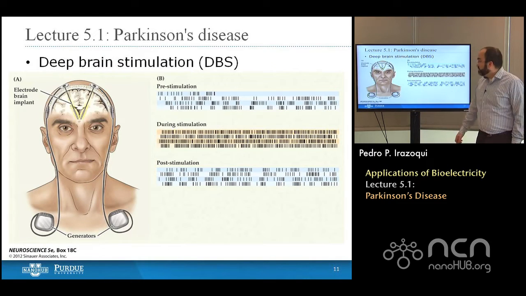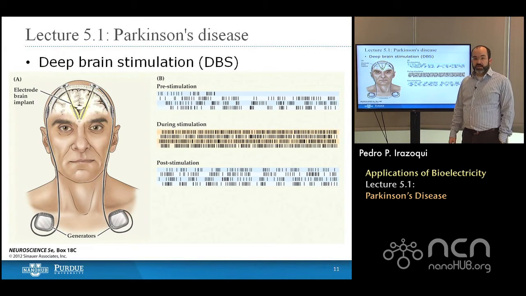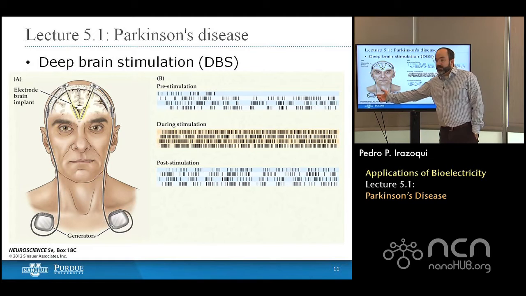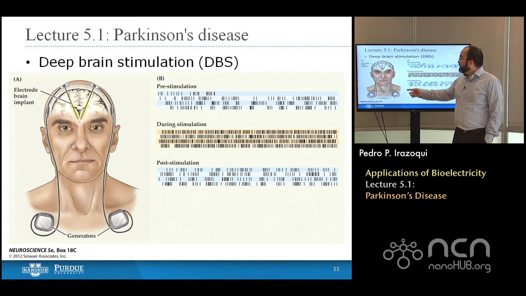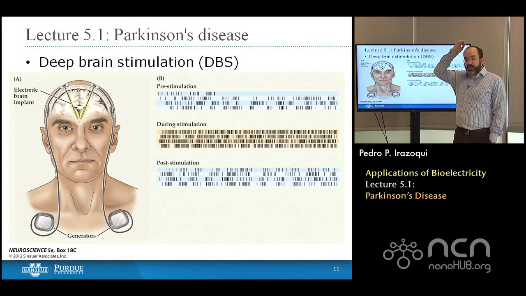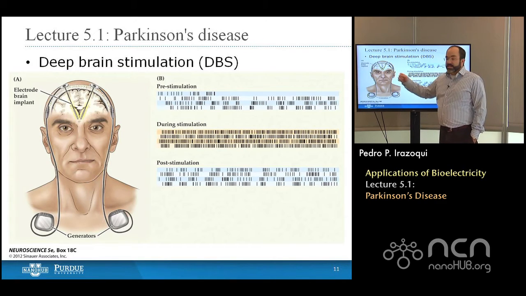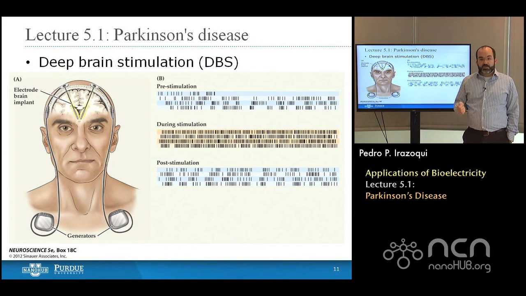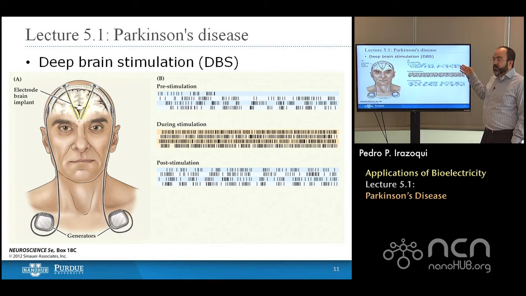And that's exactly what Medtronic's deep brain stimulator for Parkinson's disease does. You have a pair of generators that are very similar to a cardiac pacemaker, coupled to electrode leads. The electrodes are implanted deep into the brain, into the subthalamic nucleus, and they stimulate it in such a way that you decrease the amount of inhibition going into the VA/VL, and you increase the amount of excitation in the motor cortex. You can see the recorded activity in the motor cortex pre-stimulation. During stimulation, activity goes up dramatically, and post-stimulation, it goes back down.